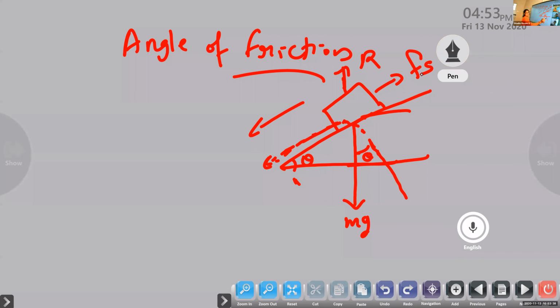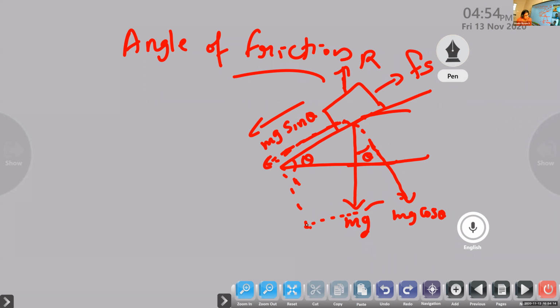So this is resolving to cos theta, adjacent side by hypotenuse. So we can take this as cos theta and this is going to be sin theta. And by the parallelogram law, these both sides are equal. So we can write it here as mg sin theta. And this one, what we have got, mg cos theta, because opposite sides of a parallelogram are equal. So these are the resolving components.